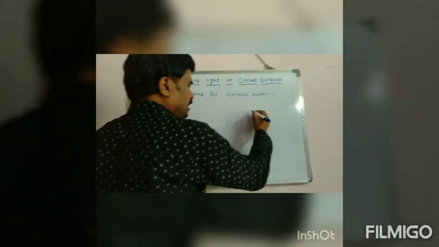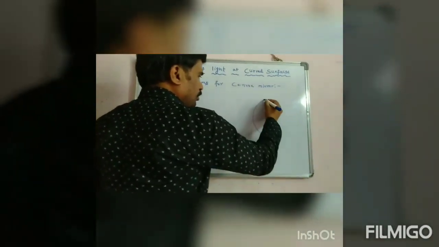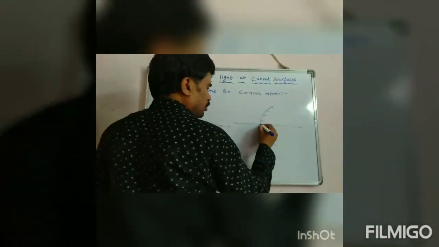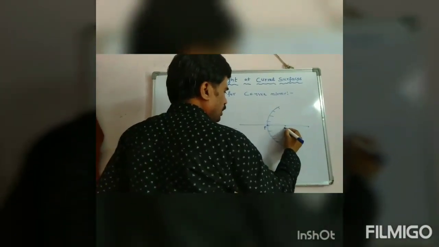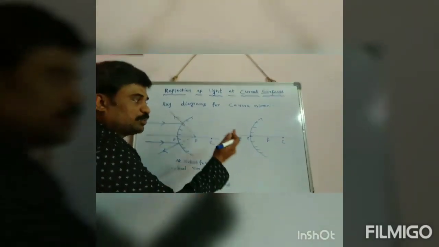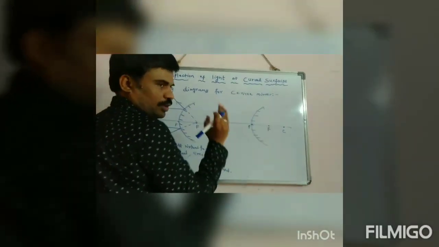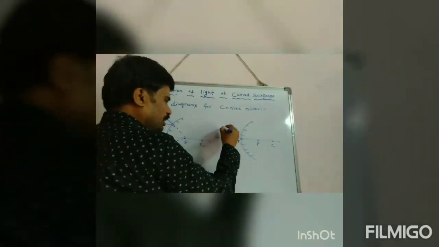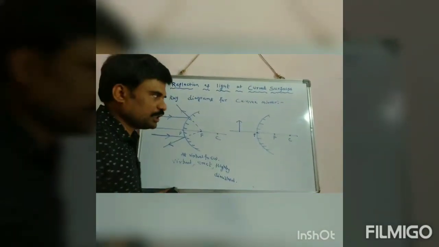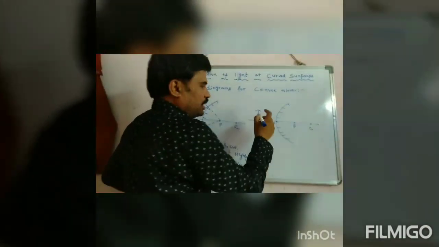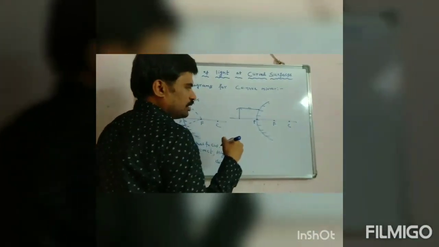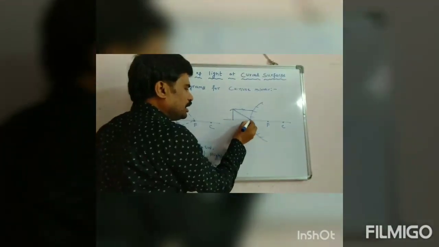Now, next let us see the second ray diagram. Pole, focus, center of curvature. Now where should we place the object? We should place the object between infinity and the pole. I will show it with an arrow mark. This upward arrow mark is nothing but the object. Now I will select 2 rays. One ray is passing parallel to principal axis. Another ray is incident at the pole.